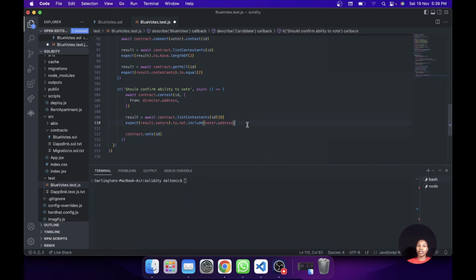Not only this, I also want to check there is this thing called votes. This keeps count of the current number of votes this particular contestant has. So I want to say to equal 0 because nobody has voted for him. So as of now, let's actually vote. But if I actually run this, it's going to pass because